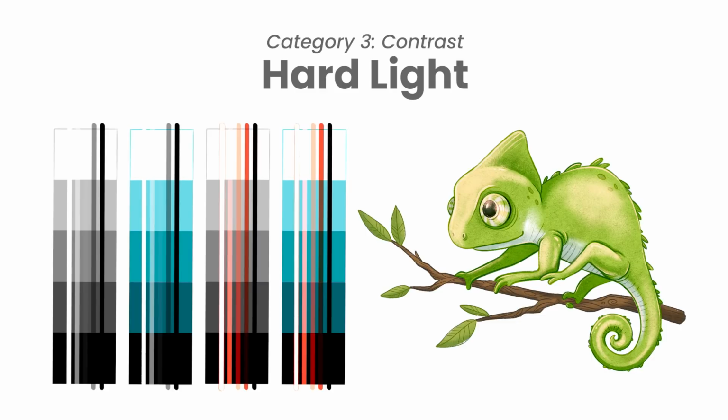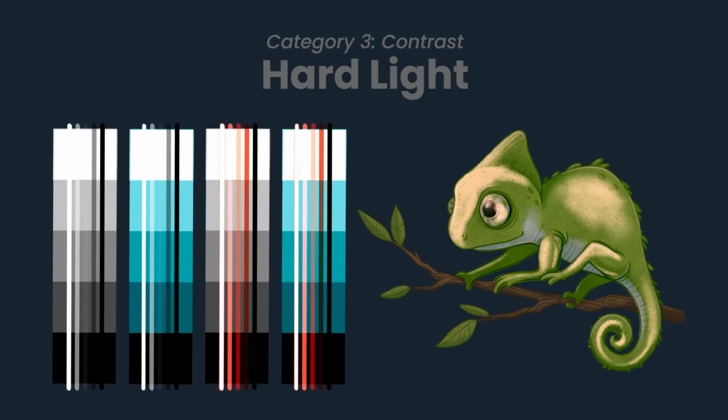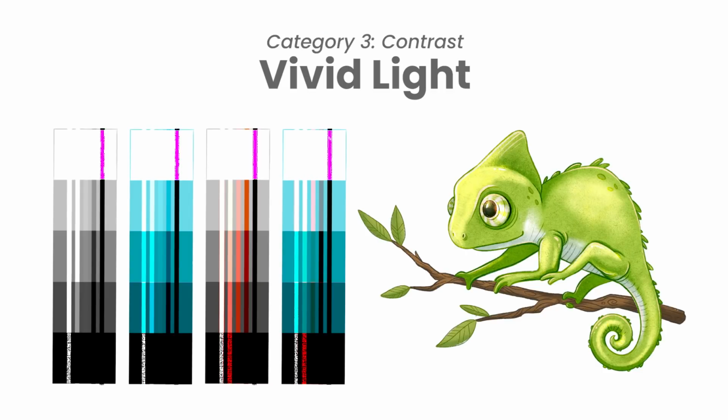Hard light is also a combination of multiply and screen, but it's kind of on steroids. As you can see, it doesn't affect just the midtones, it affects everything from white to black. So this is a blending mode you could use in an extreme lighting scenario. For example, if your character is in the dark and then there's one colored light shining on him, you could pick the color you want and then apply your layer as hard light, and it should look like a bright colored light.